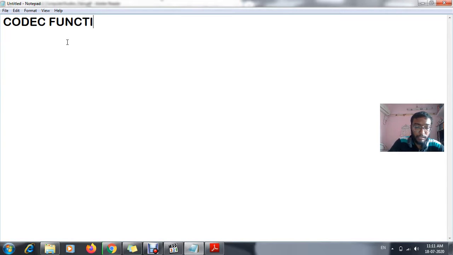Codec function is that particular function where we can adjust our tracks. You have seen that whenever we play videos on a mobile phone, especially if we are using the MX player, we have the options HW, SW and HW plus. I hope you all have seen.